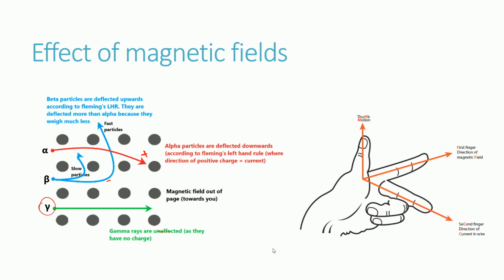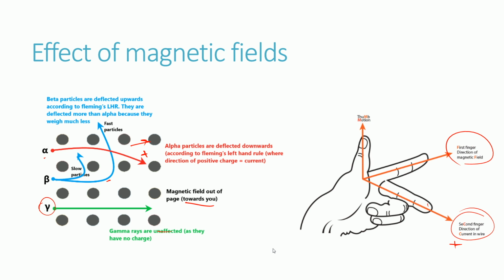One of the things that we talked about was Fleming's left-hand rule. The index finger represents the direction of the magnetic field, and in this case, because the magnetic field is pointing out of the page and towards you, your index finger will be pointing towards yourself. The second finger, the middle finger, represents the direction of the current, and remember, conventional current is a stream of positive charge. So if you do that with the alpha particle, with the index finger pointed towards you and the current pointing towards the right hand side, you'll find that your thumb is going to go downwards,